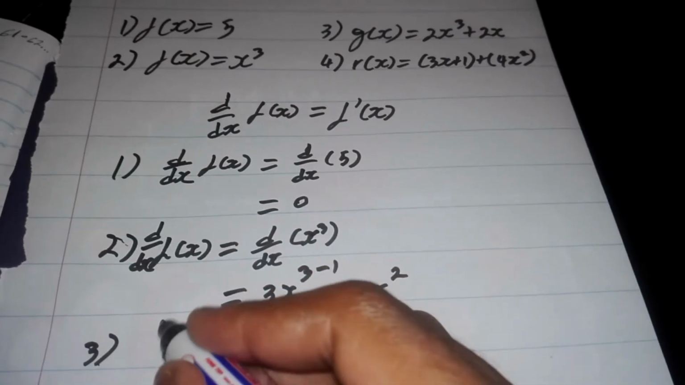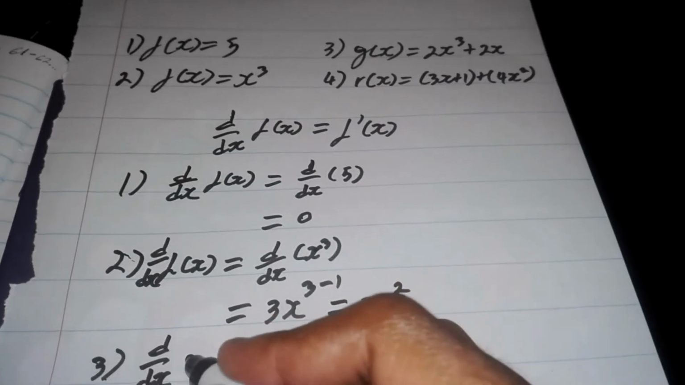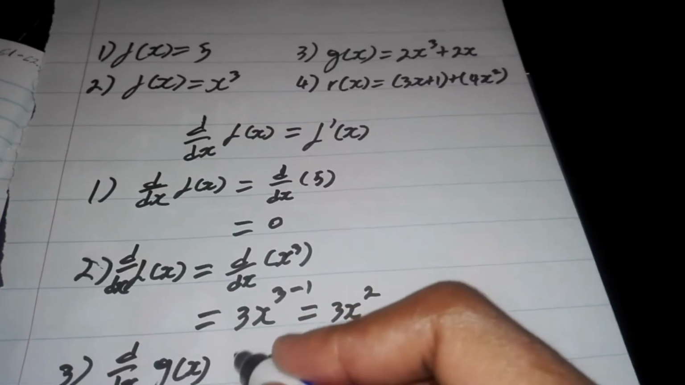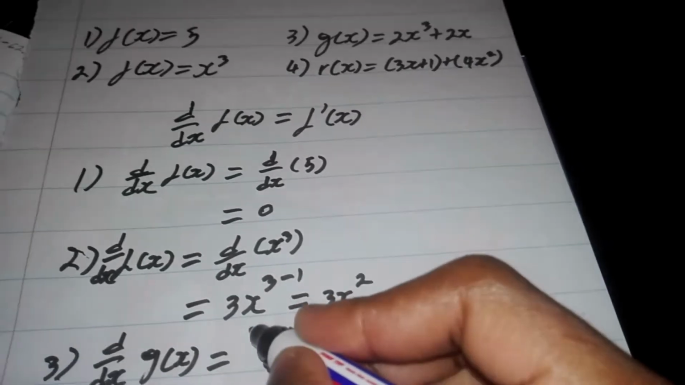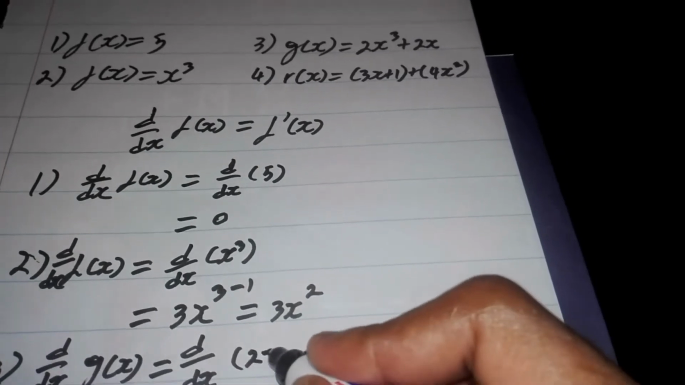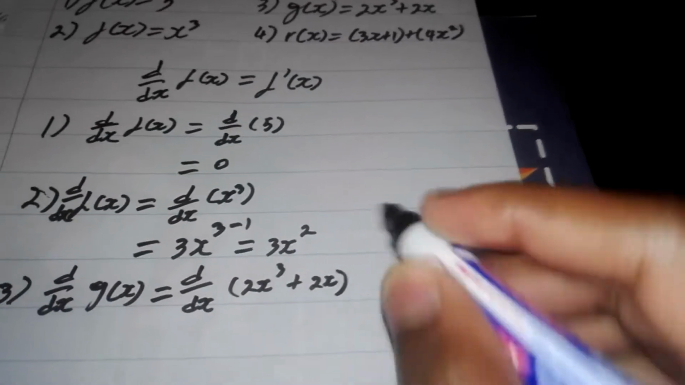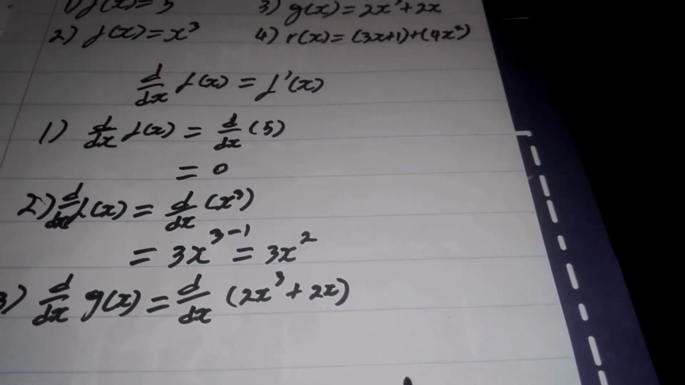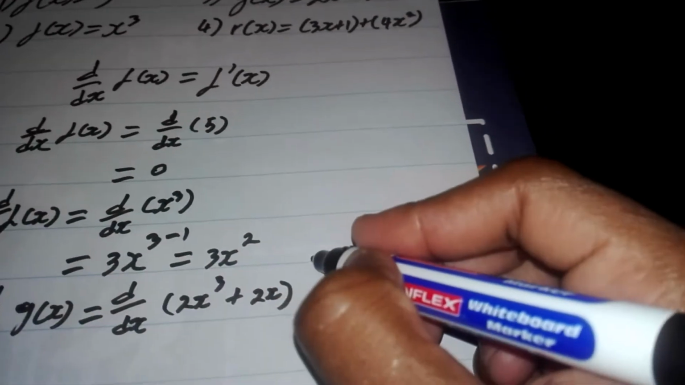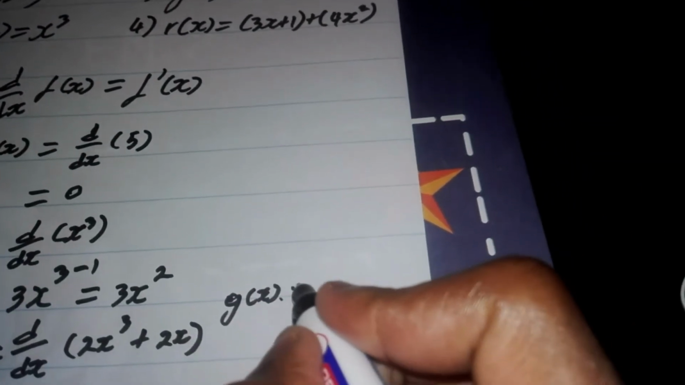These are respective to the bullet points from the rules of differentiation, so that you can understand. Third one, d over dx of g x, which is the same as d over dx of 2x to the power 3 plus 2x. So guys, one can ask, since bullet point 3 says g x, which is the same as c times f x,